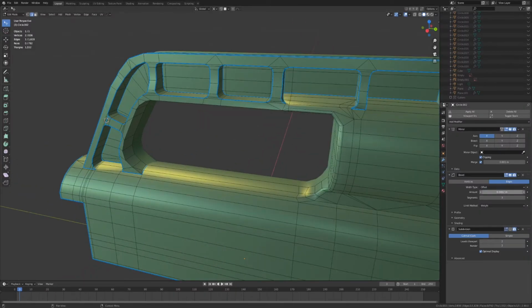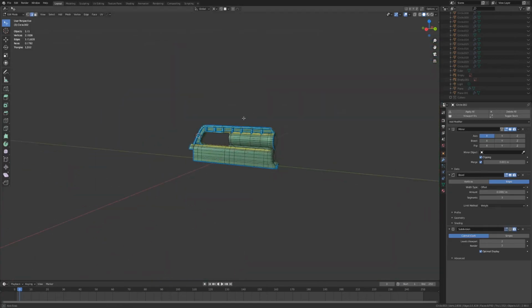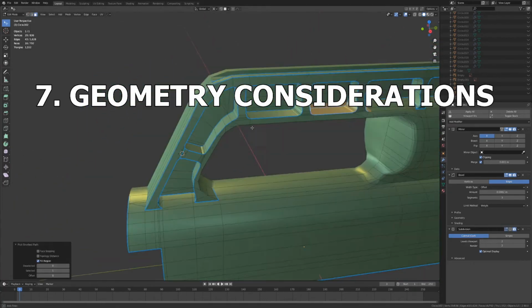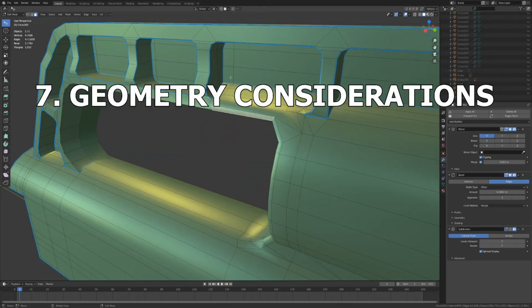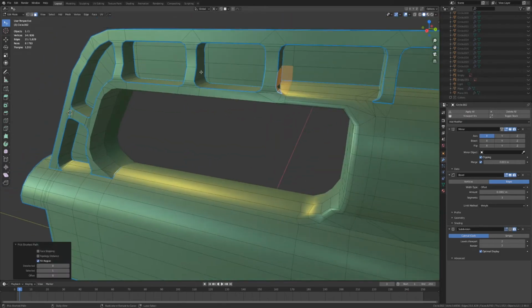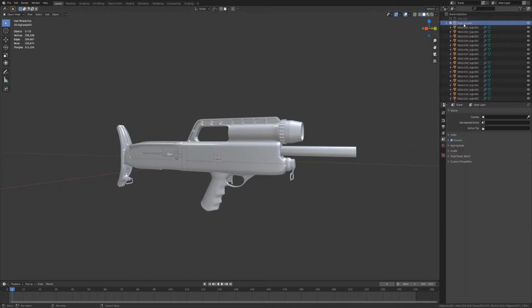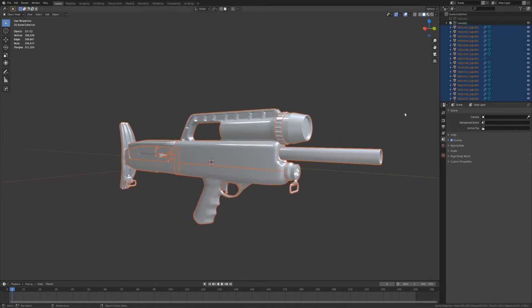Now that we've got our basic blockout started for our weapon design, it's time to start talking about some of your geometry considerations. Now, this can be a much broader topic, but I'm going to try and cover the basics. When creating weapon designs for games, it's often a good idea to work from high to low. This involves creating a highly dense high topology model that can be later down-resed into something suitable for a game